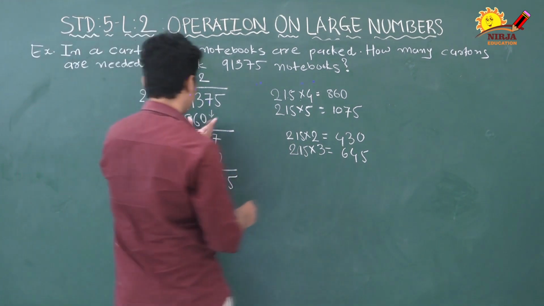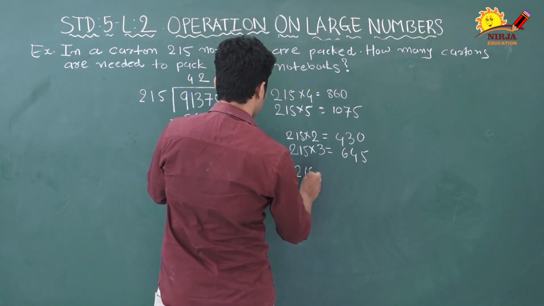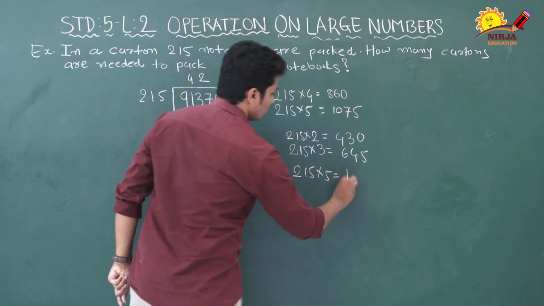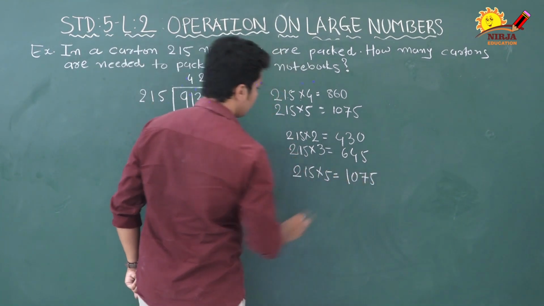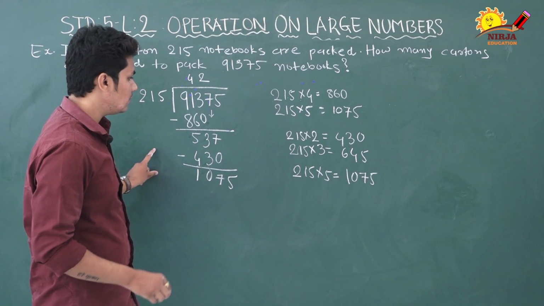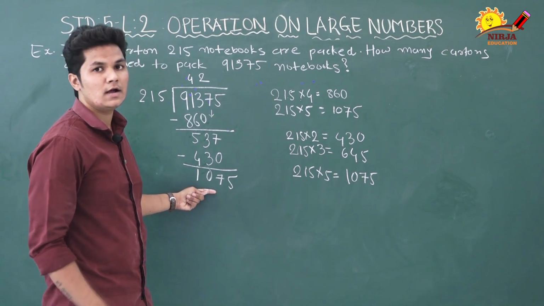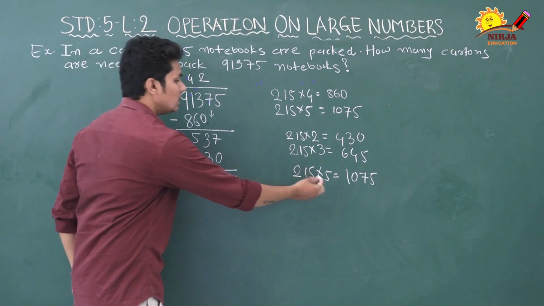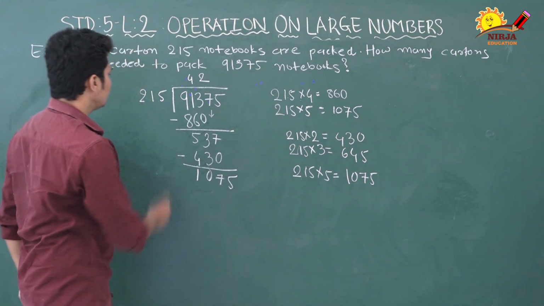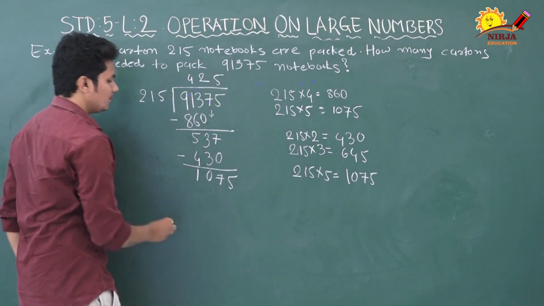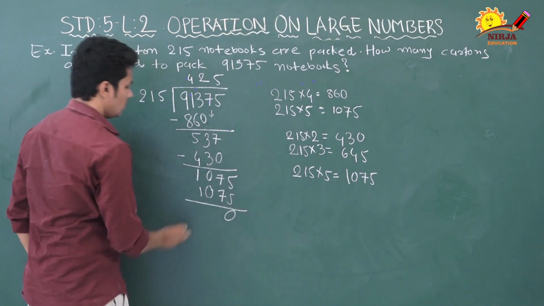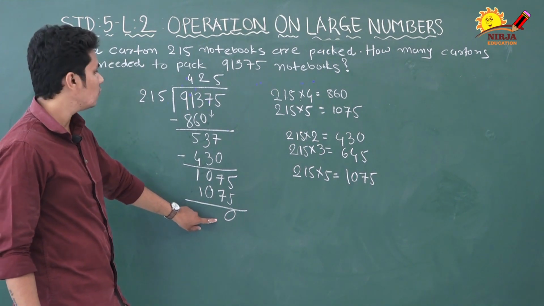Now let's find out. 215 multiplied by 5 is 1075. Okay, you have to do multiplication in your notebook to find out which number is nearest to the remainder. Okay, that is how you will find out. So if you multiply 5 with 215, you will get 1075. So 215 multiplied by 5 is 1075. Okay, so there is no remainder left over. So our answer is